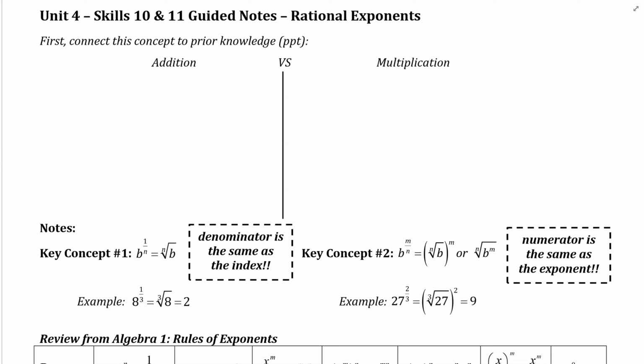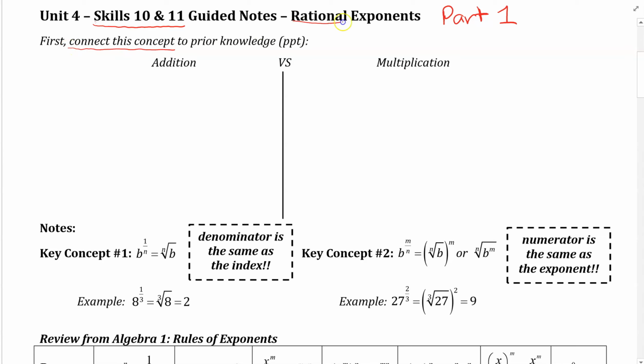Class, welcome to our guided notes section on skills 10 and 11. In this video, we will be focusing only on part 1 of this outline, and we will finish this outline in a second video. For the first part of this note outline, I want to first connect the concept of